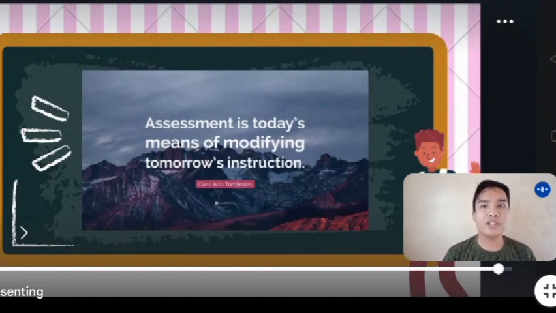Hindi pwedeng you teach now, you taught the students what the lesson is, diniscuss mo, pinag-aralan, then afterwards, yun na, tapos na. There is always the need of a follow-up assessment para yung mga estudyante ma-retain sa utak nila and somehow we consider ourselves as future educators. We should follow up everything with assessment so that we will take